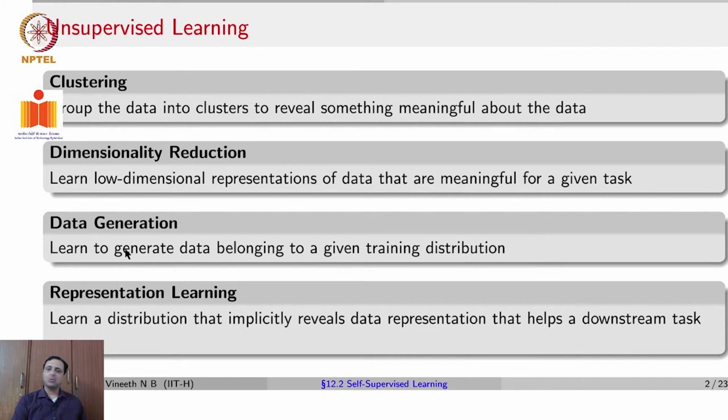The last one we'll include now is the more broader task of representation learning. In a sense, several of the methods that we have talked about so far do perform representation learning. The specific context in which we approach representation learning now is within unsupervised learning, where our goal is to learn a distribution that implicitly reveals data representation that can eventually help a downstream task. And this leads us to the topic of